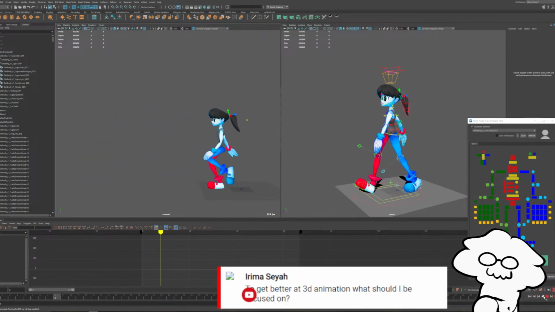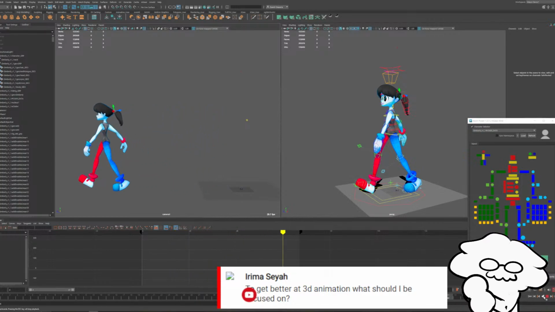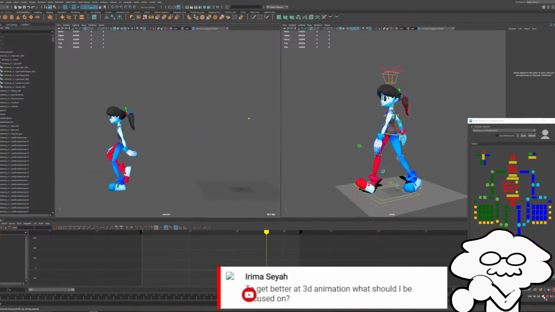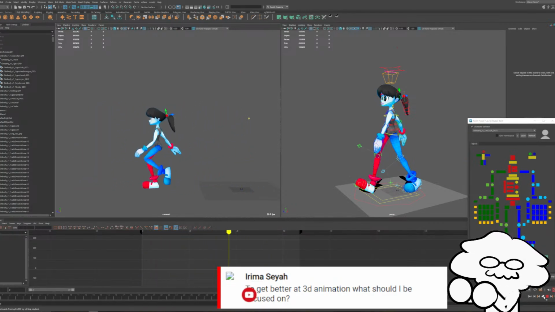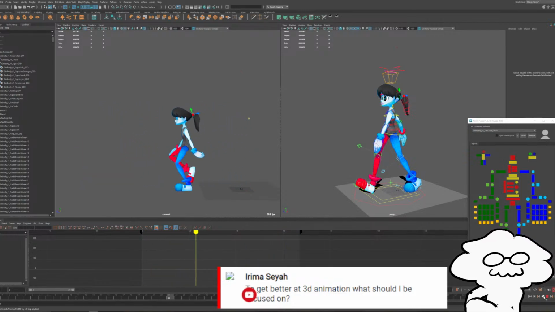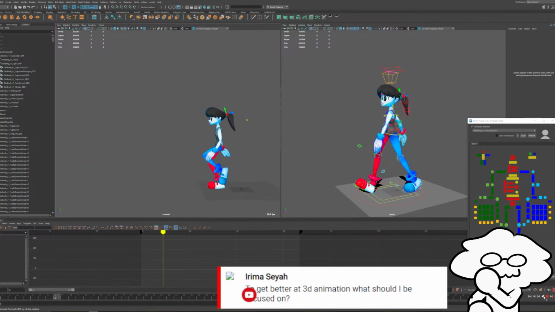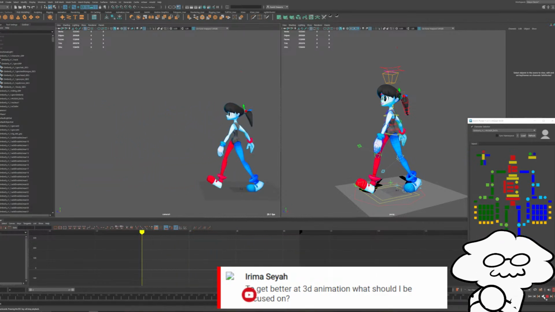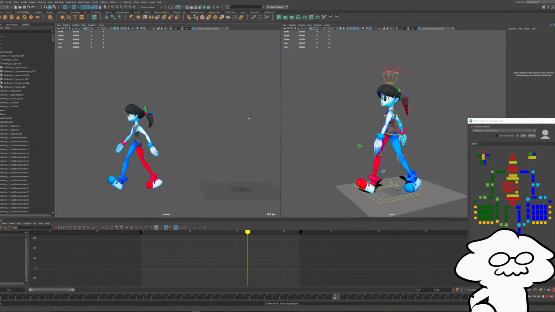Don't get too distracted by creating a very specific pose right when you're starting the animation. I think when you get better at 3D animation, you can eventually do that. That's called blocking. You know, you block out each pose. But that's only whenever you start to understand the specifics of 3D animation. So thank you for that question.